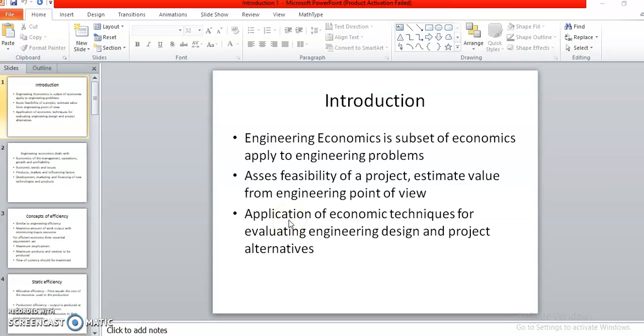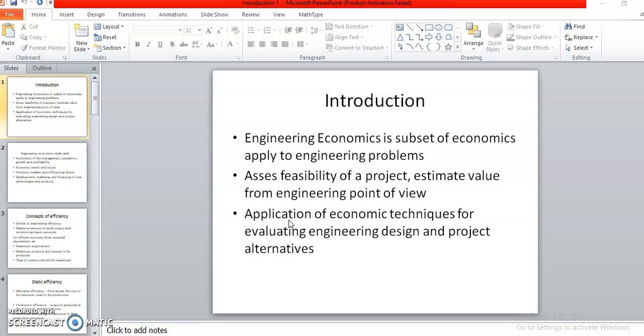Today we discuss engineering economics. Engineering economics is an audit course which is introduced in your syllabus. In this subject, we start with an introduction to engineering economics. Engineering economics is a subset of economics which is applied to engineering problems. In engineering projects, we apply these techniques of economics, and we